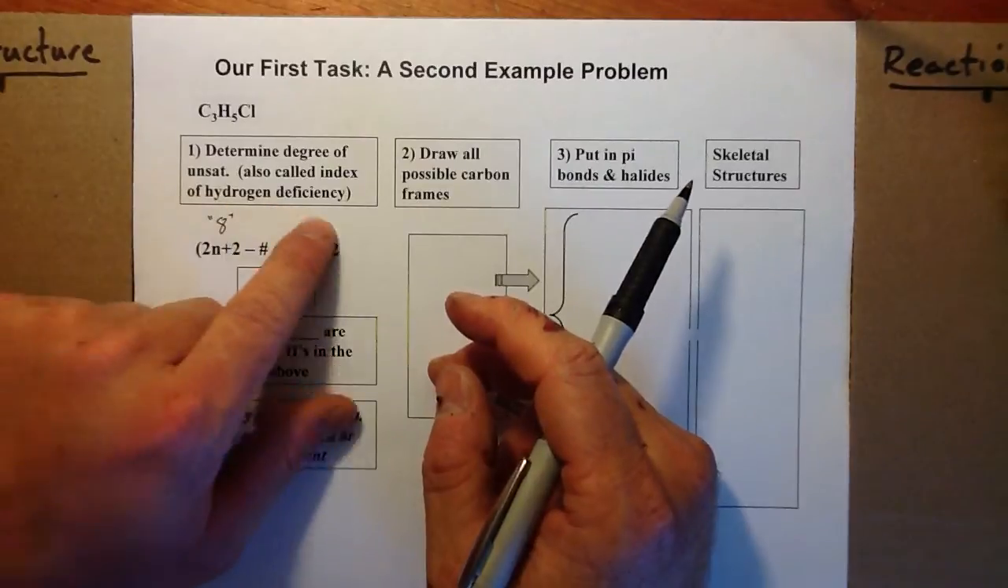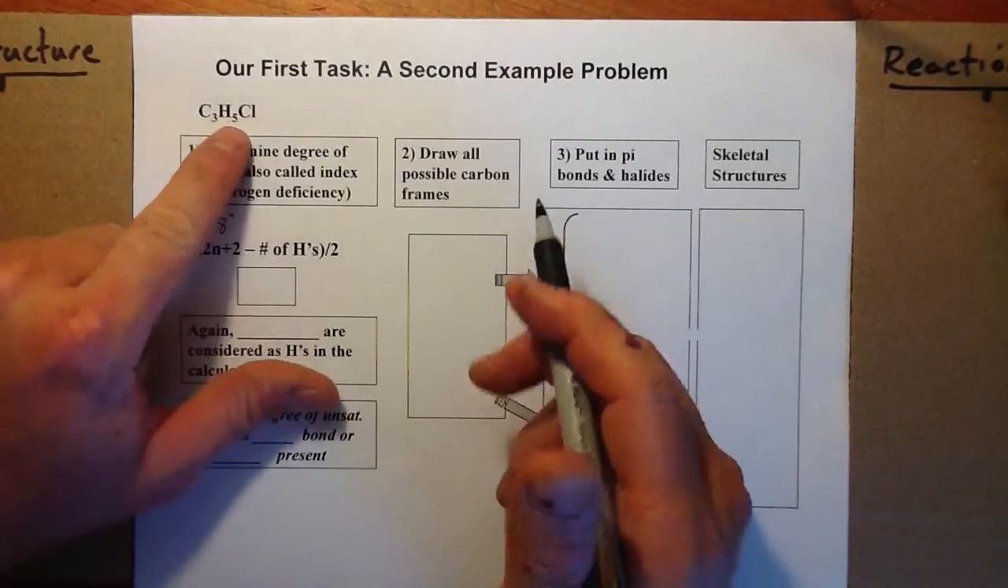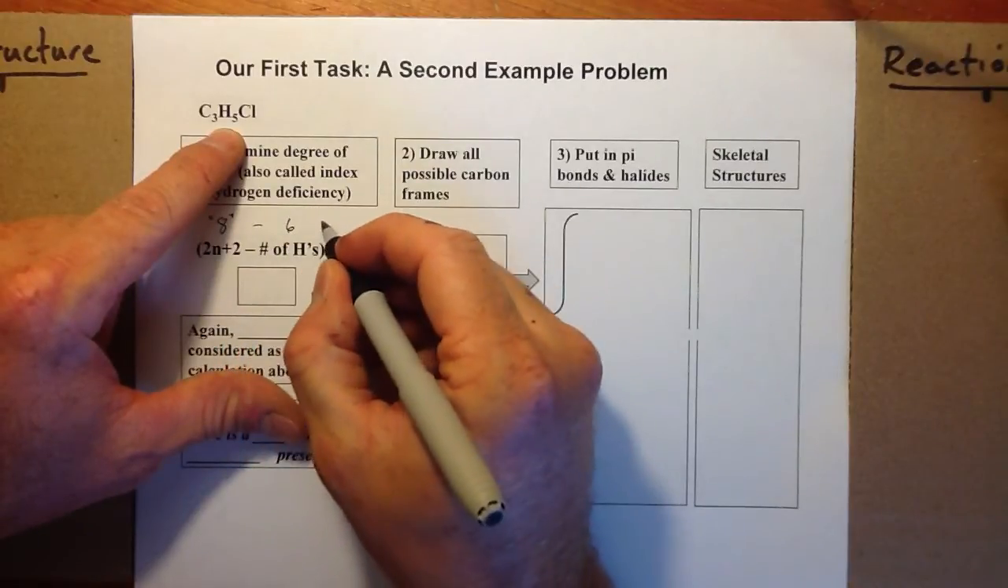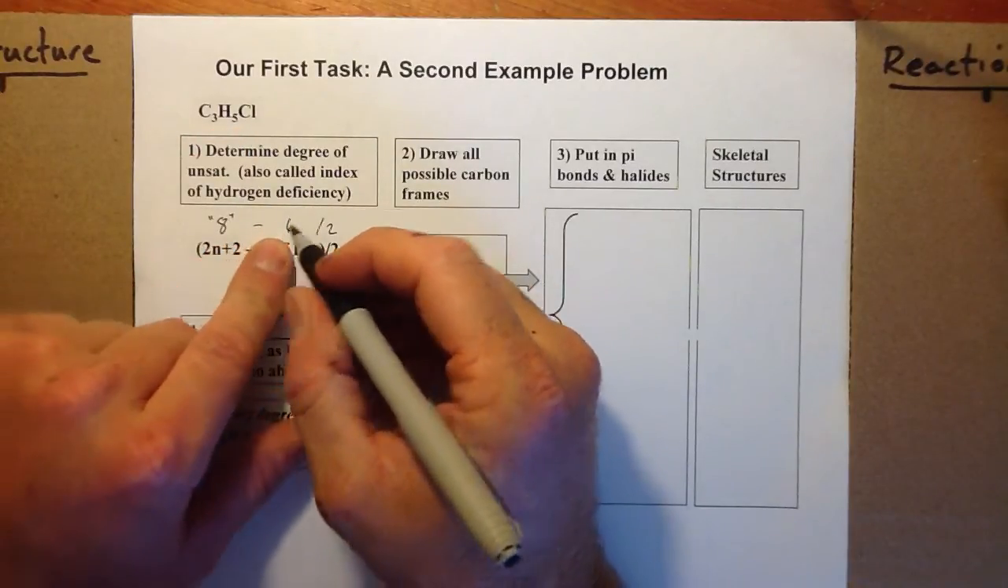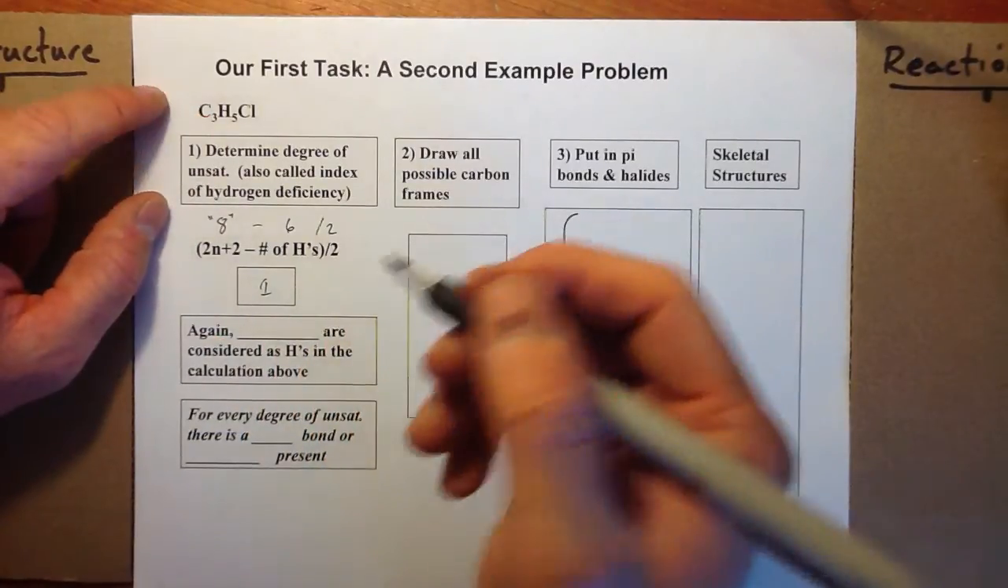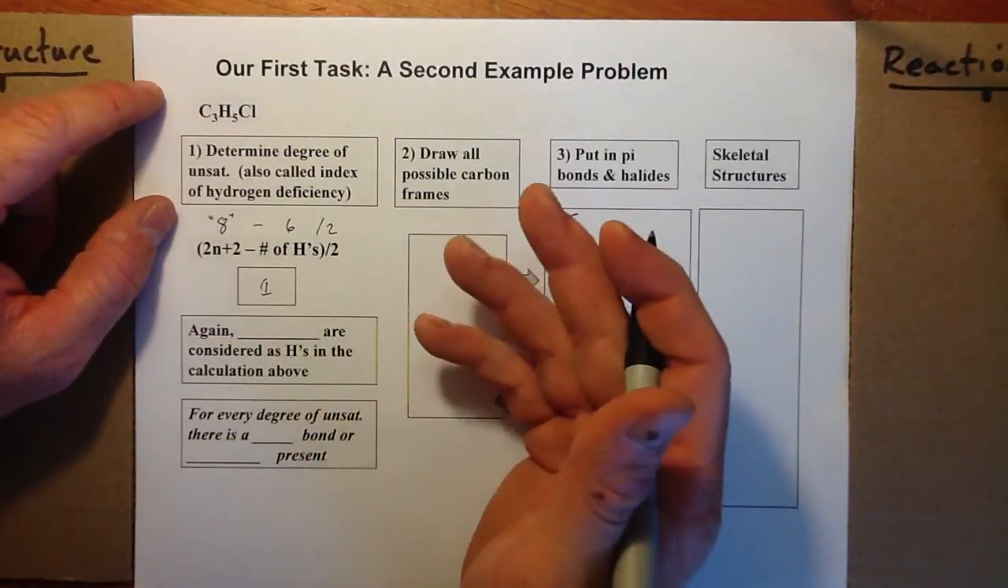Index of hydrogen deficiency is another term you might hear for this. So we're going to add 5 and the chlorine with 1. So that's minus 6 divided by 2. So 8 minus 6 divided by 2, that's 1. So for this structure, we also have 1 pi bond